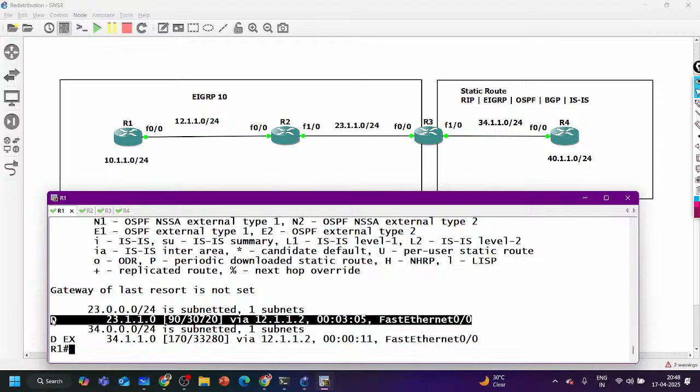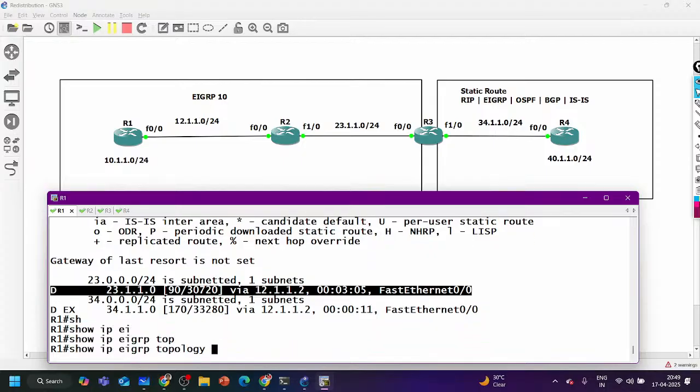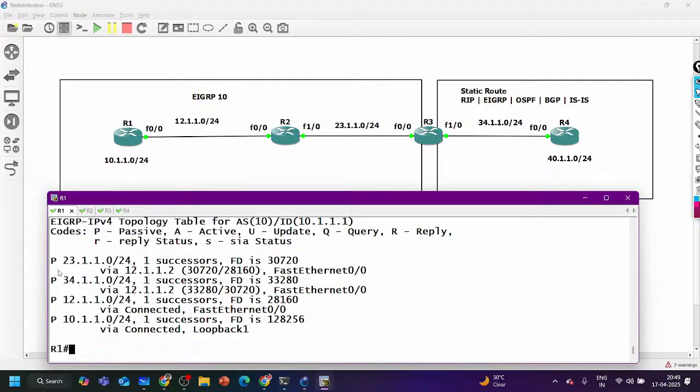Now, can anyone tell me how it has redistributed? How did it get the K values? So, show IP EIGRP topology. In the topology table, you can see first it has been installed in the topology table. The question is how it has calculated the FD.